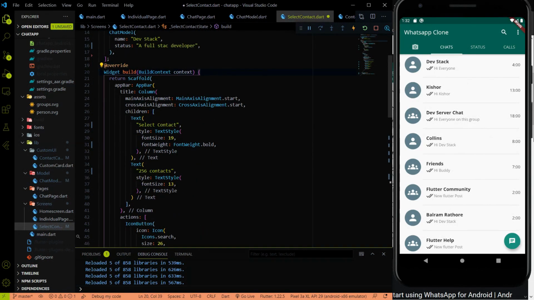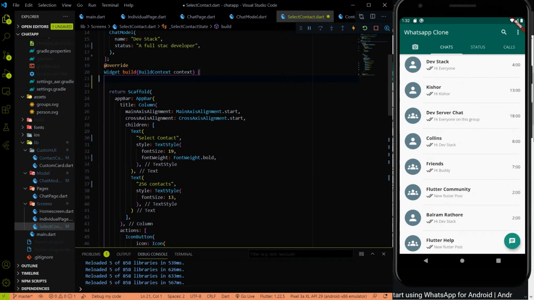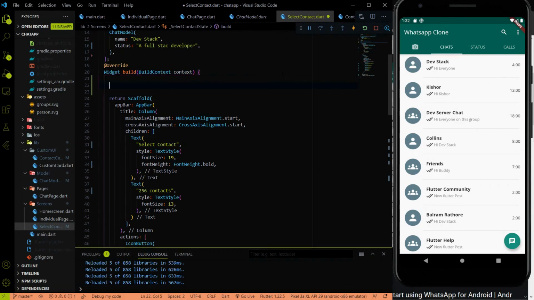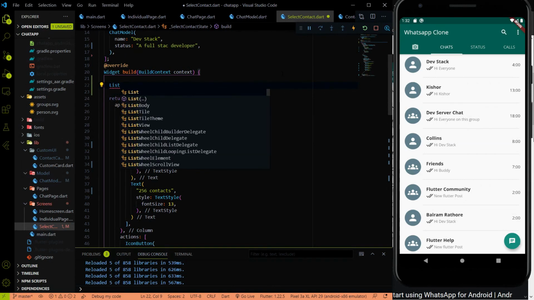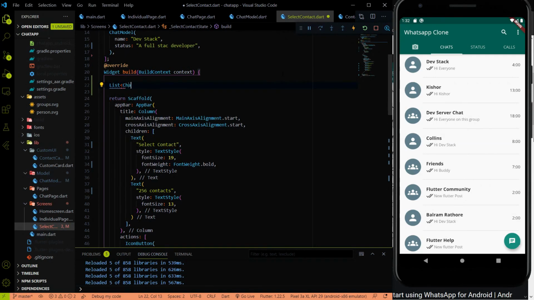create a list of chat model class. So I'm just going to create random data again. That will be a list of type chat model class, contacts, because I'm not going to create another chat model, and it will be empty.